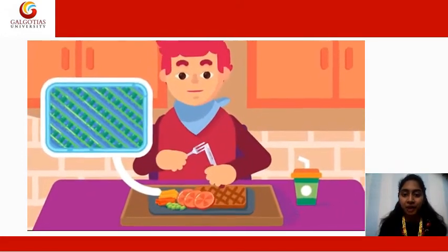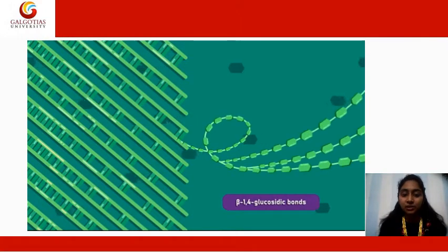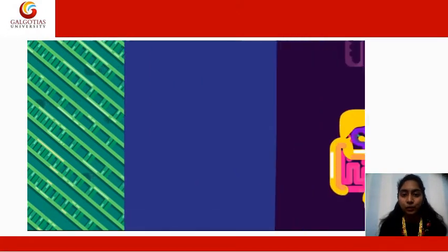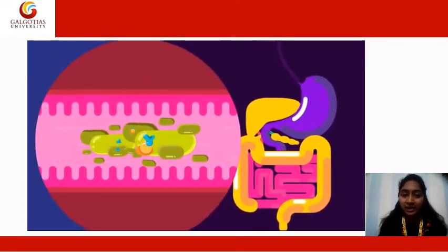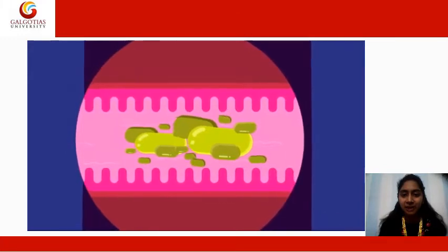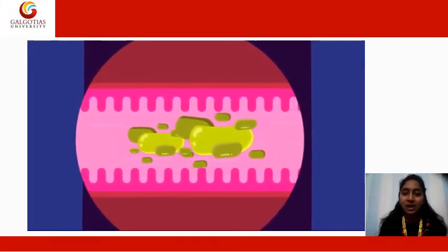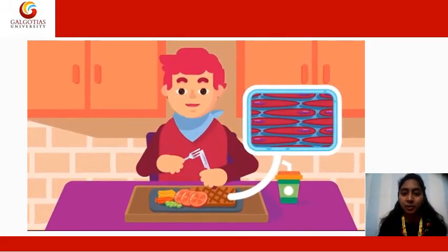Cellulose is a type of carbohydrate which makes up the cell walls of plants. It is similar to starch as it consists of glucose units linked together to form chains. Humans cannot digest cellulose, but it forms bulk of undigested matter, usually consisting of fibers, which is responsible for proper functioning of the large intestine. Now let's talk about glycogen.